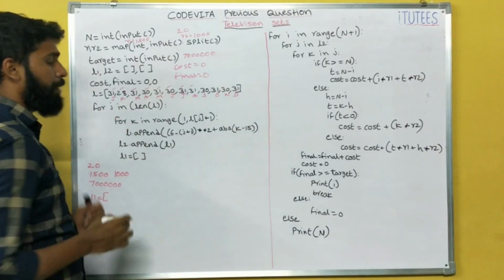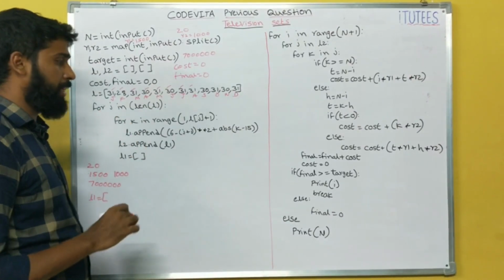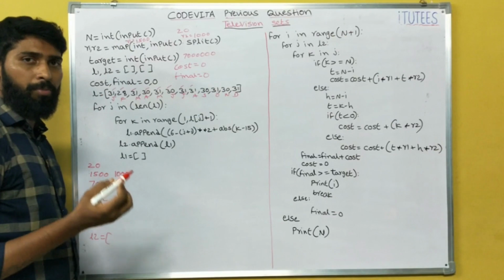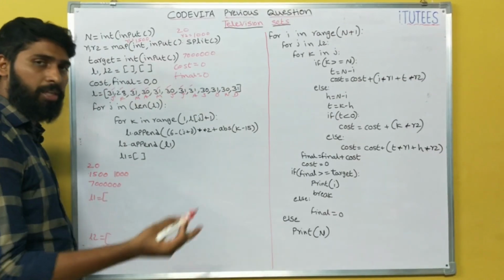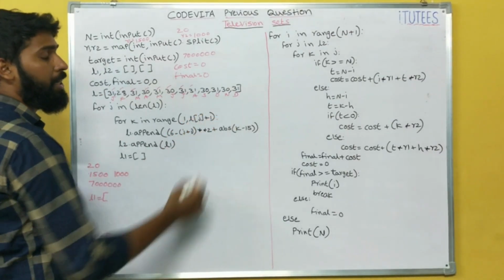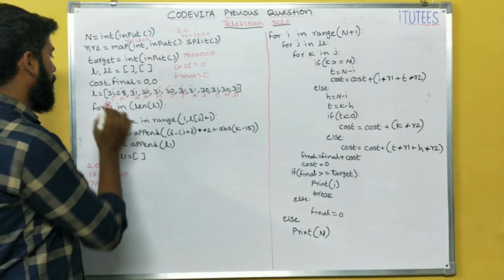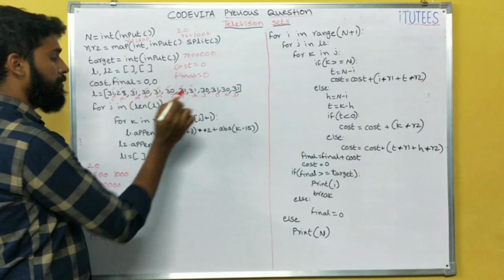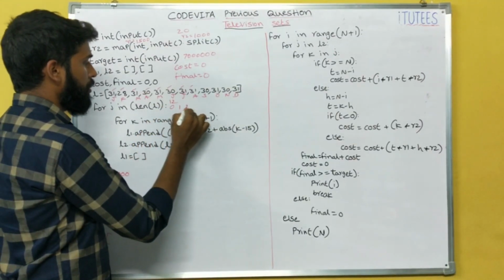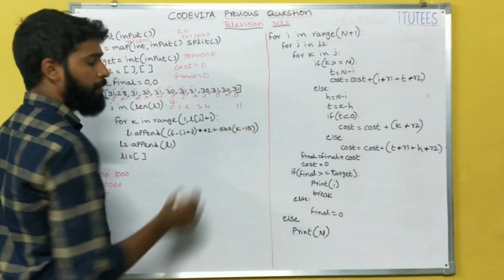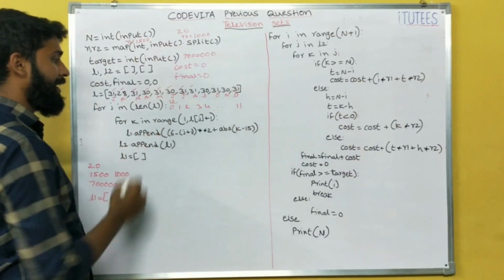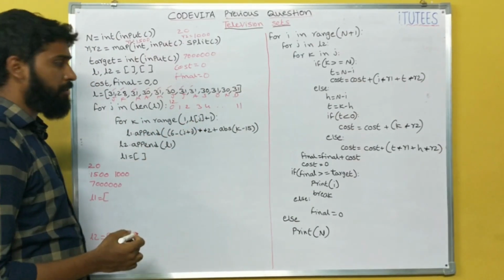Okay, now I am going to find the number of patients per day. So that means 1st Jan, how many patients come to the hospital? 2nd January, 3rd January, like that up to December 31st. So J in length of L. So what is the length of L? It is 12. That means it is 0 to 11. So for K in range of L comma Lj of plus 1.